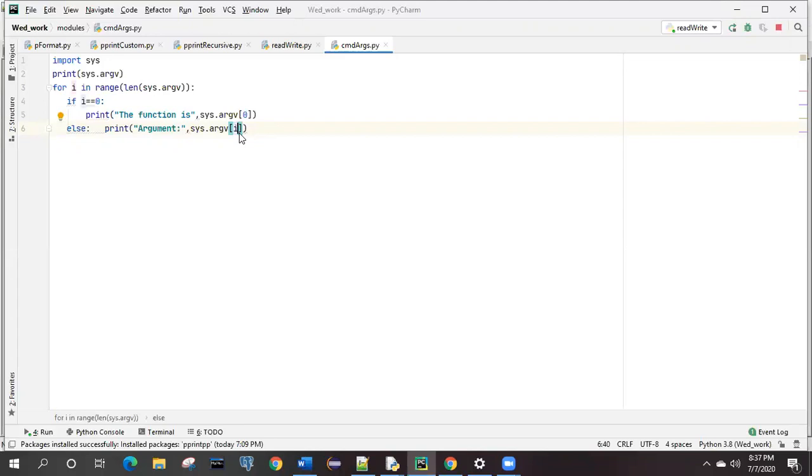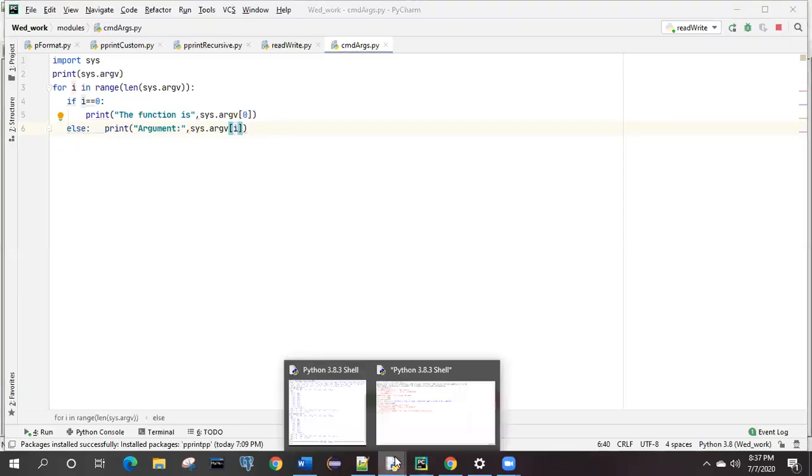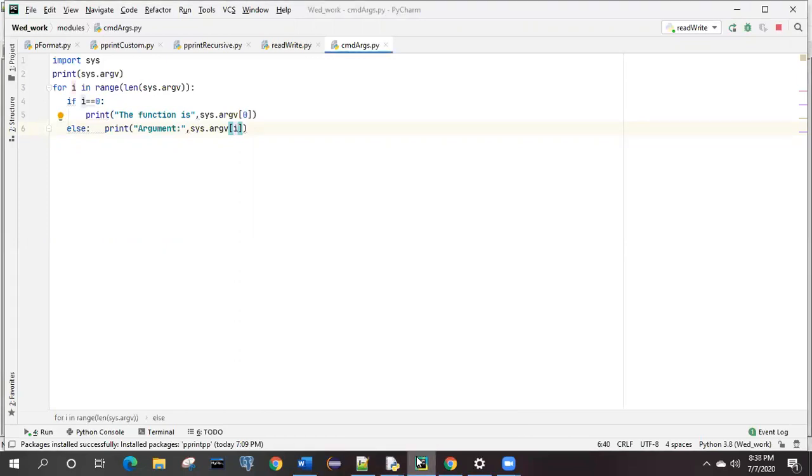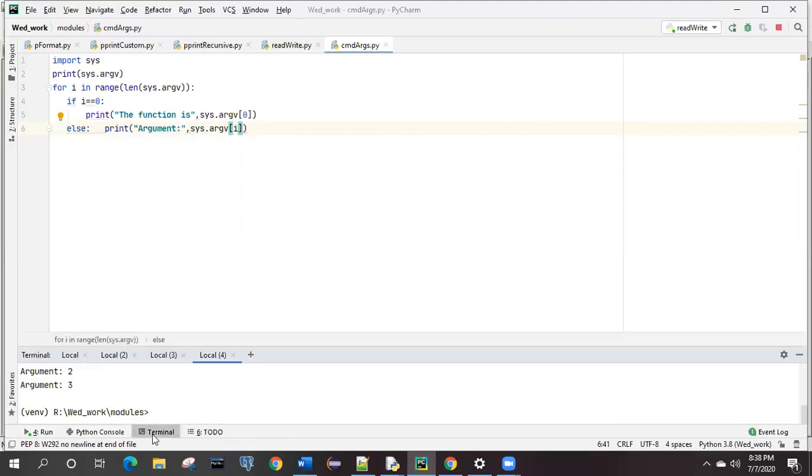First of all, if Python is installed on your machine and you are not making use of this IDLE or any editor, is there any possibility that we can run our code without an editor? Yes, we have the possibility, and I'll show you.